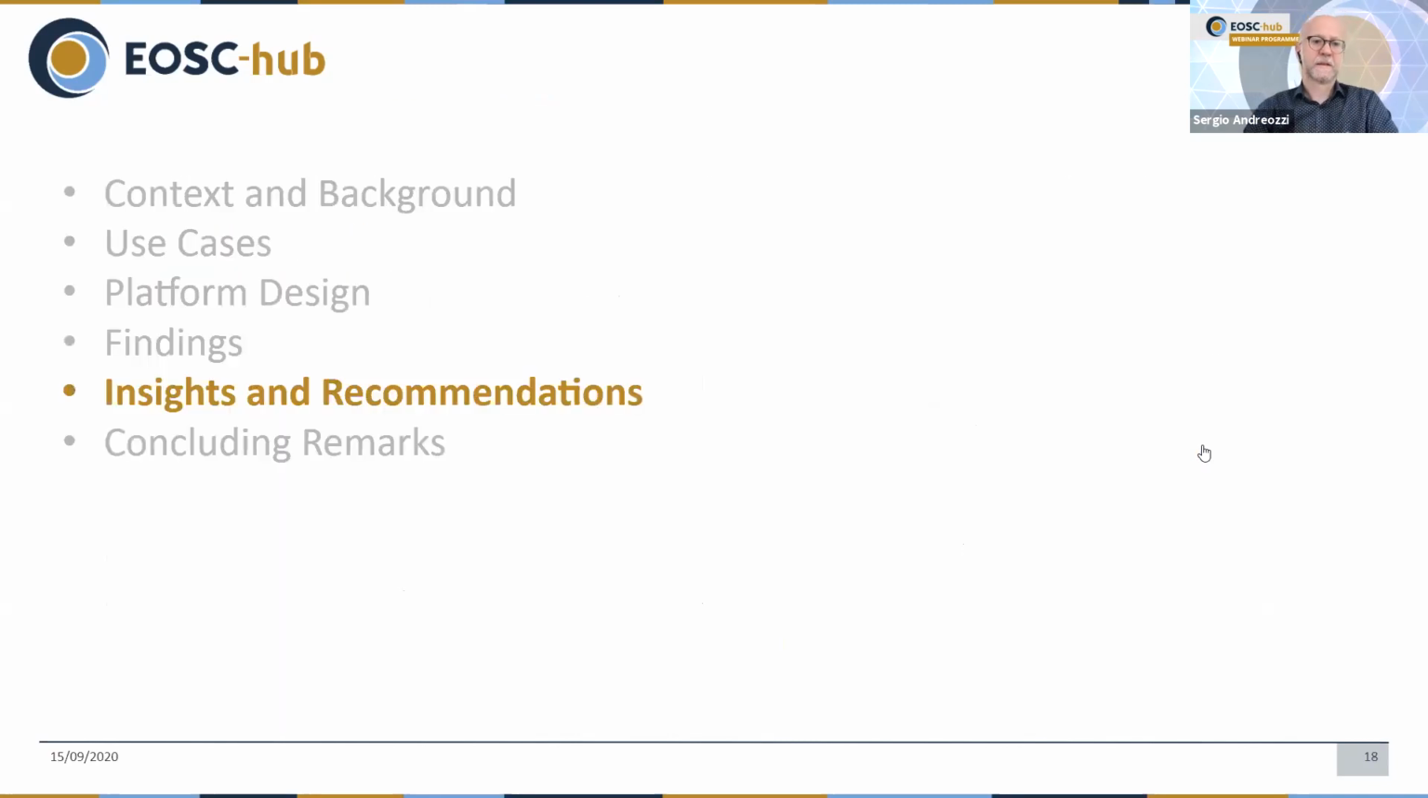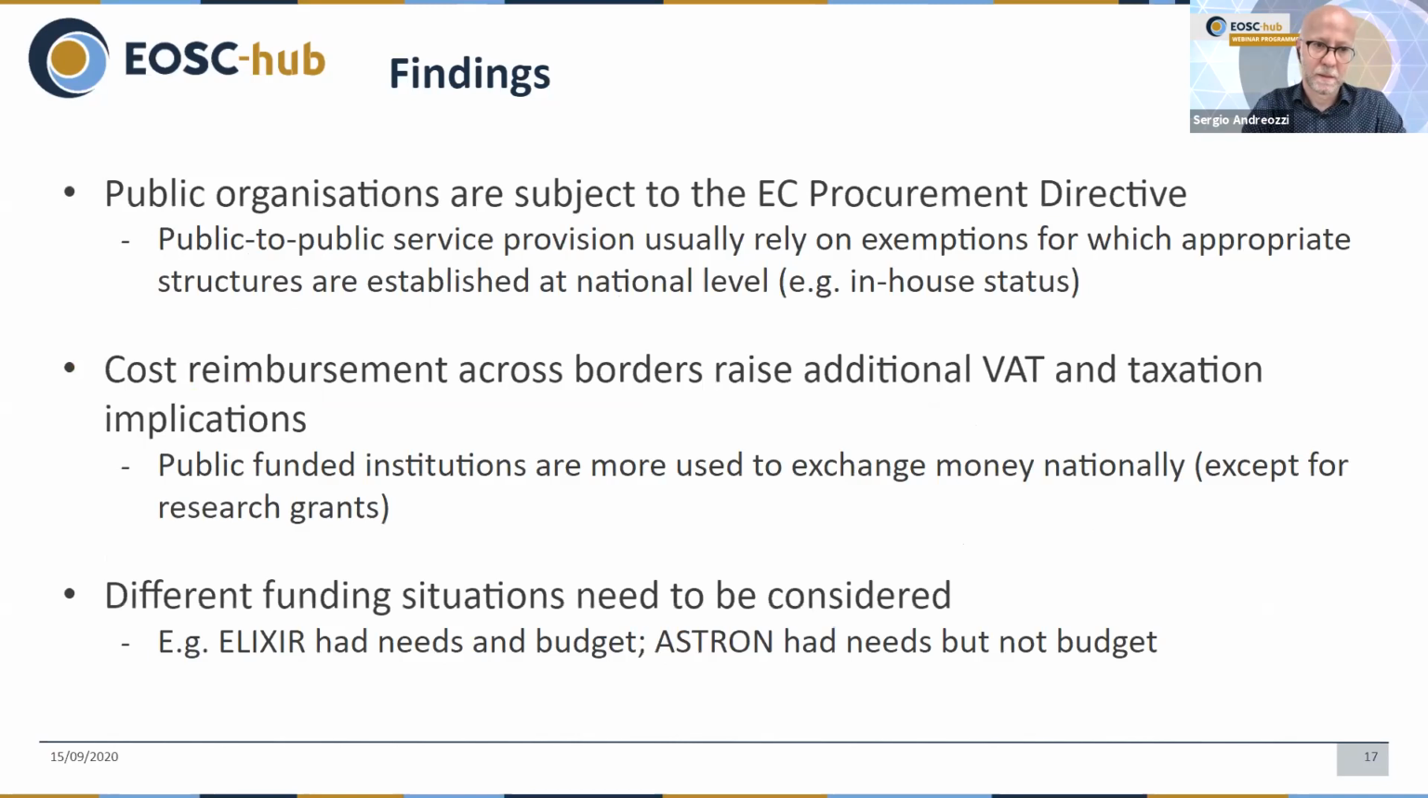Some other key findings are that, when we talk about public research, usually there are publicly funded organizations on the demand side. And if they get a budget to buy services, they are subject to the EC procurement directive. So normally they should run a tender and allow competition from the market. Then different suppliers would compete to obtain the